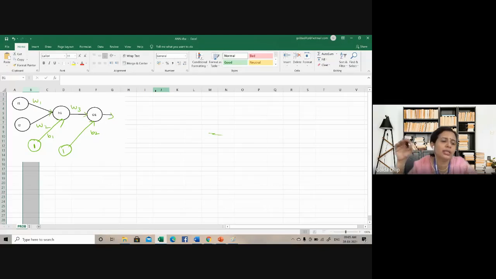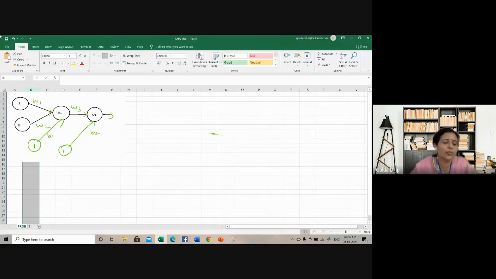Each hidden node, whether in the hidden layer or in the output layer, gets a bias. You can have more than one hidden layer. As the number of hidden layers increases, the concept of deep neural networks comes into the picture. Anyway, we are not bothered about that in this particular unit.